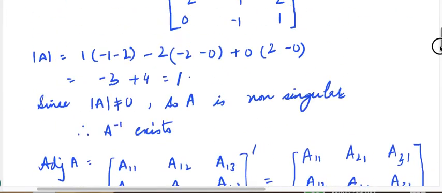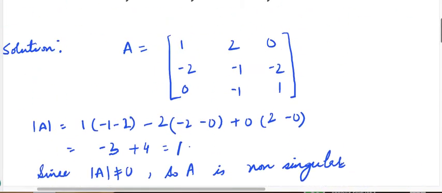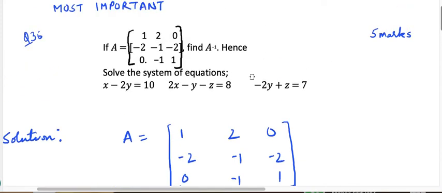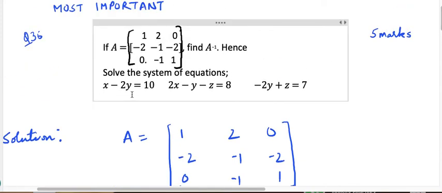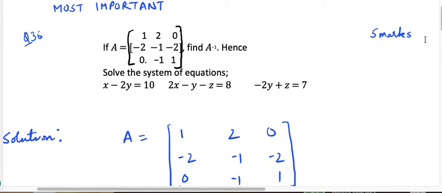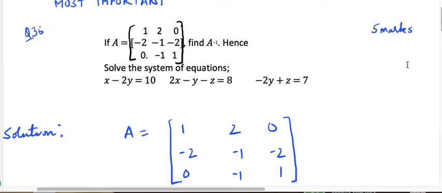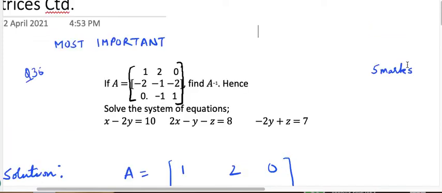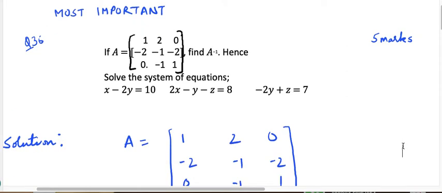So you can check your values from here. When you put your values here, x is 0 and y is minus 5. Minus 2 into minus 5 is 10. So your answer is correct. Checking the answer is important because that will help you to know your calculation errors. If a value comes out wrong, you will be able to identify that you need to check your adjoint and inverse.